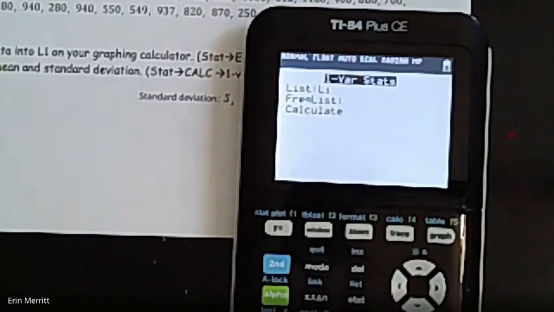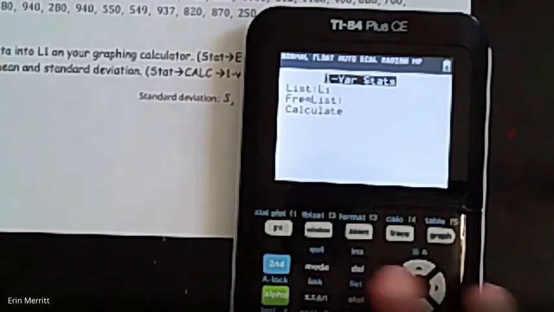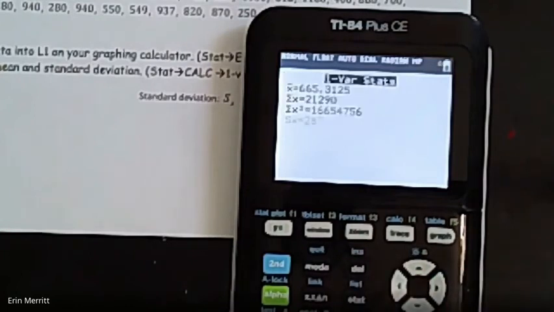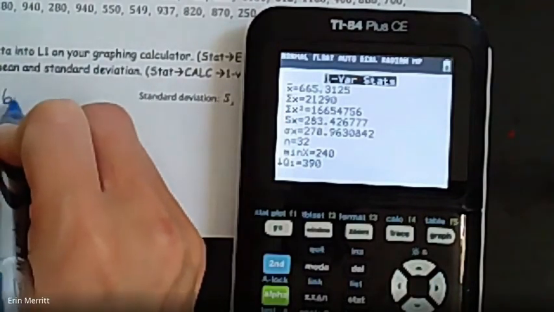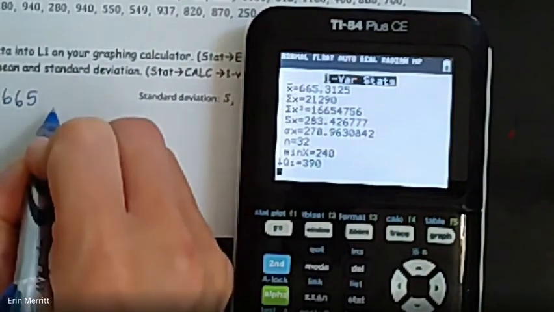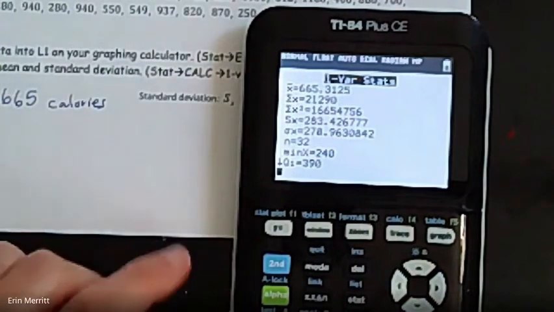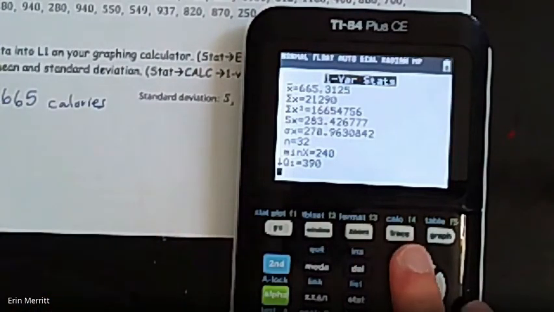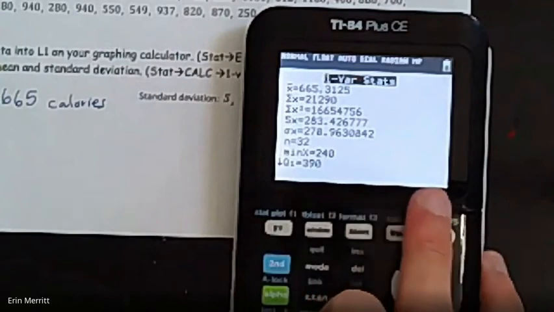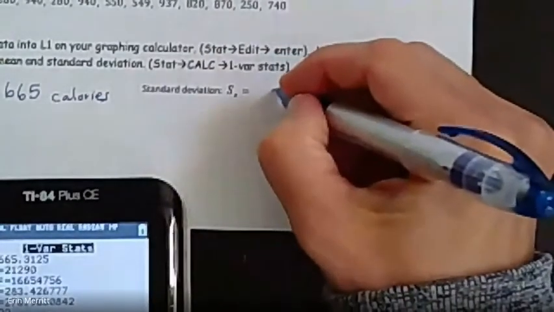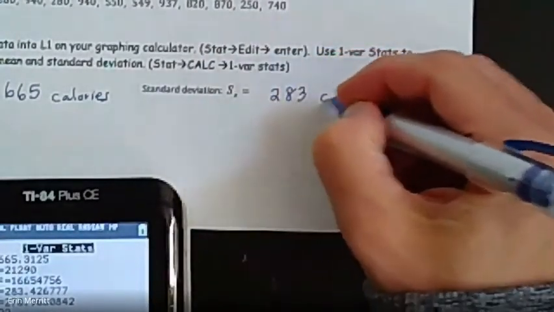So as long as you typed everything into L1, don't worry about the frequency. We don't want that for this. So if there's anything there, get rid of it. And then hit calculate. All right, and so then you're going to see a whole ton of data here. But the very first thing, X bar, that is the average number of calories. So 665, let's say, calories based on all of this. The standard deviation. So there's a bunch of other stuff here, but the S of X is the one that we want. So the standard deviation for this sample is 283